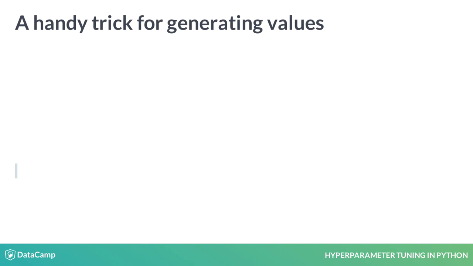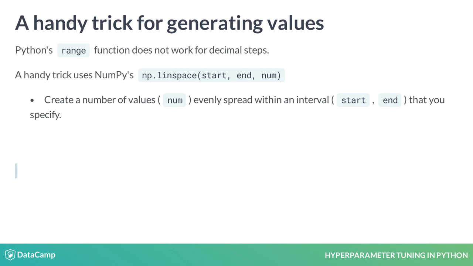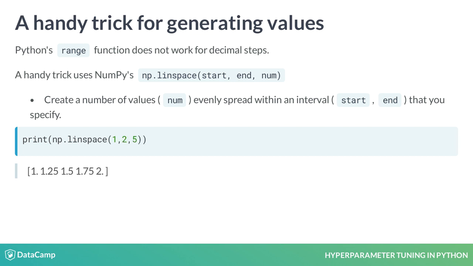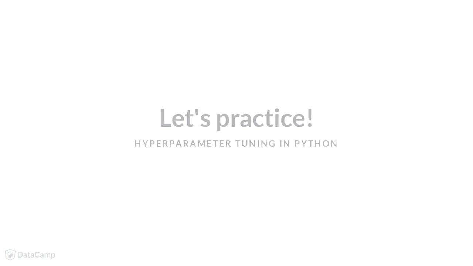One thing to be aware of is that Python's range function does not work for decimal steps, which is important for hyperparameters that work on that scale. A handy trick uses NumPy's linspace function that will create a number of values evenly spread between a start and end value that you specify. Here's a quick example that you can see. 5 values evenly spaced between 1 and 2 inclusive. Let's practice trying different hyperparameters and plotting